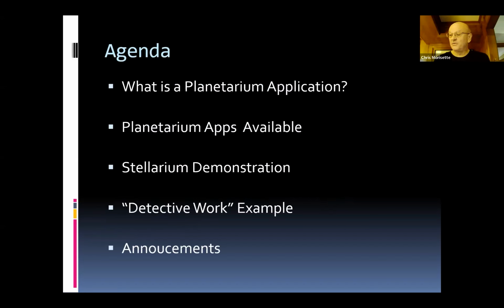And so the agenda for tonight is going to be as such. I'm going to spend a few minutes talking about and showing slides about planetarium applications. We'll talk a little bit about what they are. We'll talk about some planetary apps that are available. But then we'll really dig in and do what I hope to be a fun demonstration using Stellarium. And so we're going to go through and use Stellarium and go through the various aspects and features of it,